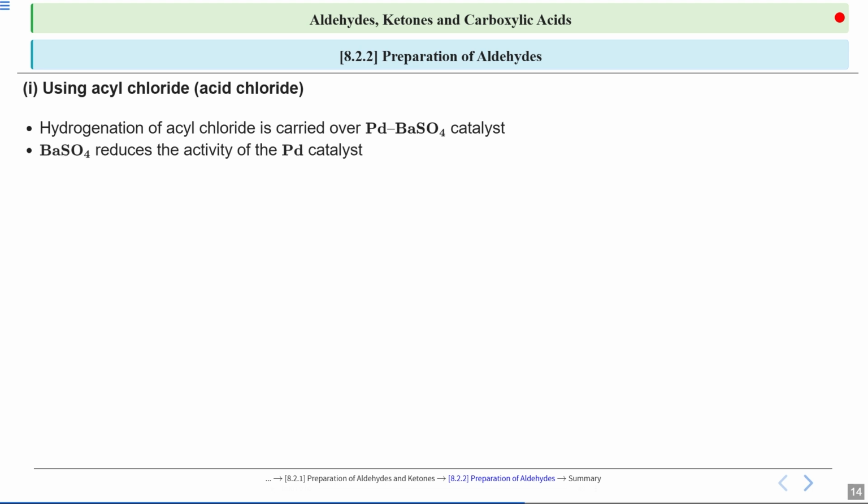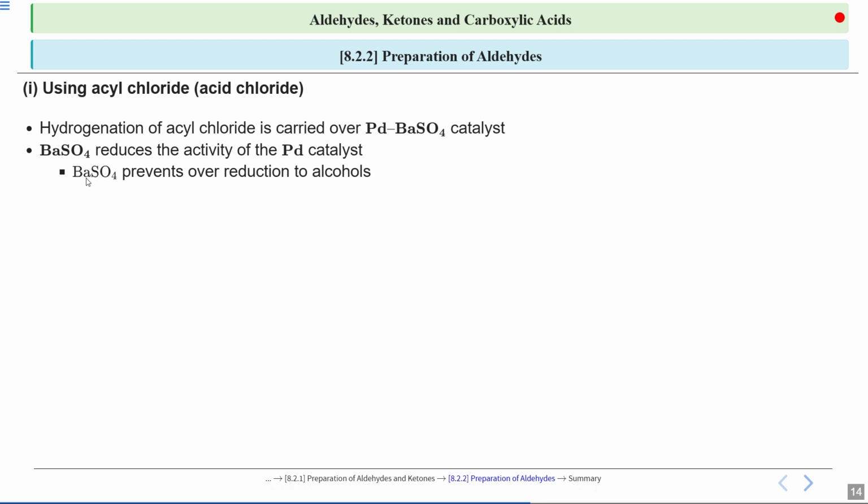Now, barium sulfate plays a key role over here. Why specifically barium sulfate? Barium sulfate reduces the activity of the palladium catalyst. This is important because it helps control the reaction, preventing it from proceeding too quickly or aggressively. So you need to remember that it reduces the activity of palladium, and because it helps control